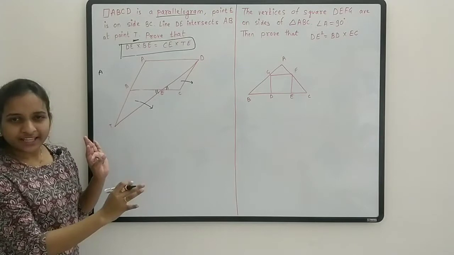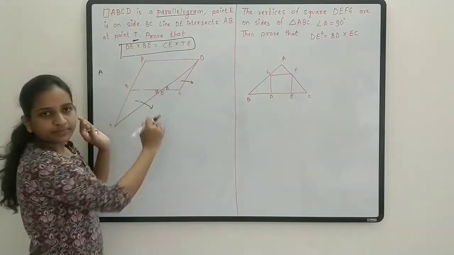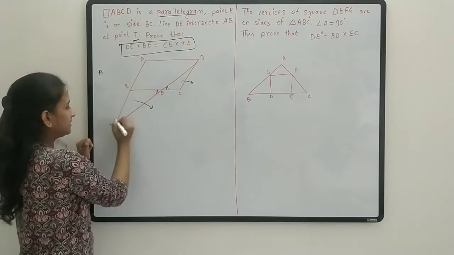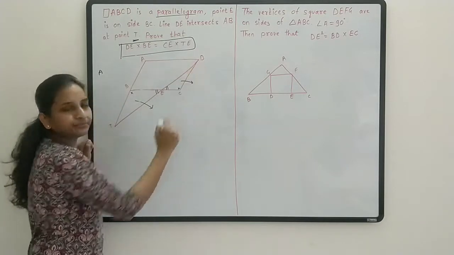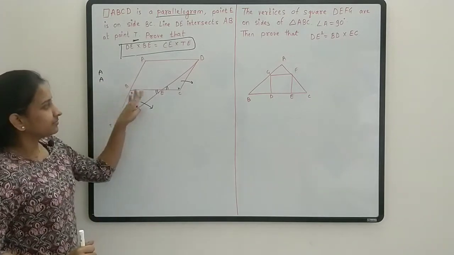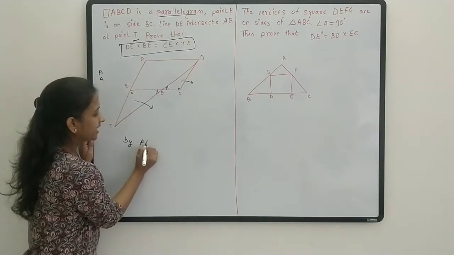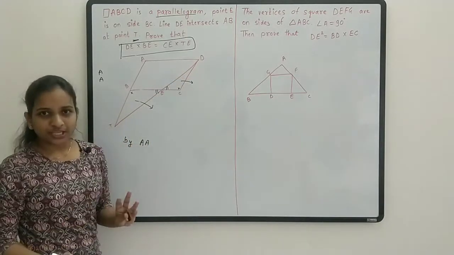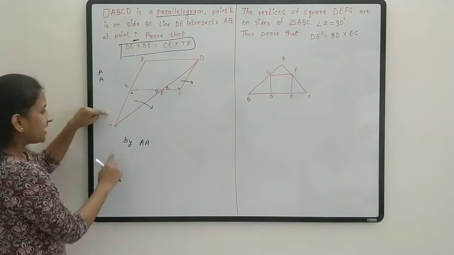Now let's check for another angle here. See, this is parallel to this because ABCD is a parallelogram, right? Now consider BC as transversal. So this angle TBE is equal to angle ECD, right? Because they are alternate angles. Okay, so we got another angle. If two angles of the triangles are equal, then by AA test we can say two triangles are similar triangles, or you can prove that the third angle is also equal, and by AAA test you can prove these two triangles are similar.